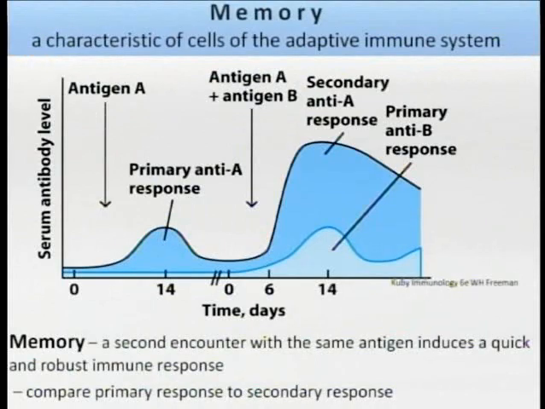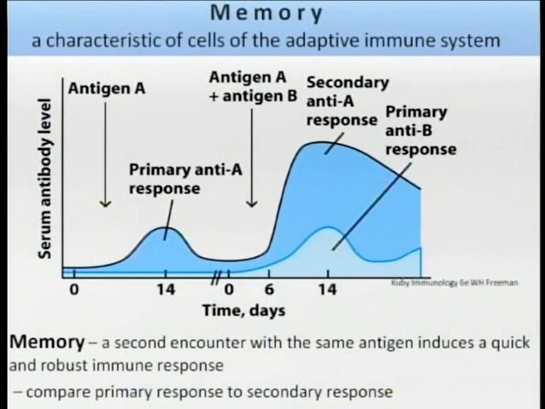Another characteristic is memory. Again, this is the basis of vaccination. We want to create memory, T cell and B cell memory, so that when we encounter a pathogen a second time, we respond much more vigorously and much more robustly the second time. So the vaccine would be our first exposure, and we would build memory. And then if we were exposed to, say, a natural form of that pathogen, we would respond much more quickly